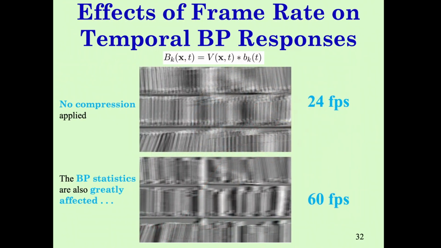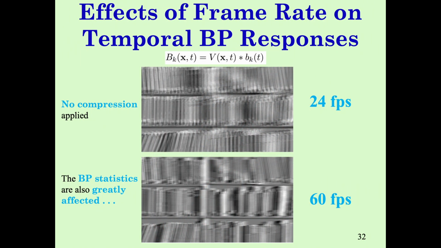Okay, this shows temporal bandpass versions of the same videos. Here at 24, it looks chaotic whenever we have high motion. That changes the statistics. The highly reliable natural statistics of the video have been distorted. In this video, they're somewhat distorted. Maybe 60 isn't fast enough, but it's not as distorted. It's not nearly as chaotic. The statistics are much more regular, and we can compare these statistics and predict distortion, perceptual distortion, because we're doing